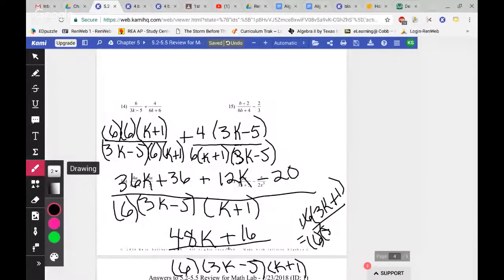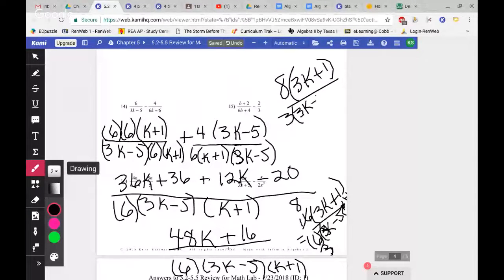I'm running out of room, and I'm going to go off my little sheet. That's going to be k plus 1. But you can reduce this, and you could take a 2 out of that, which would leave you an 8 here and a 3 here. So your final answer would be 8 times 3k plus 1 all over 3 times 3k minus 5